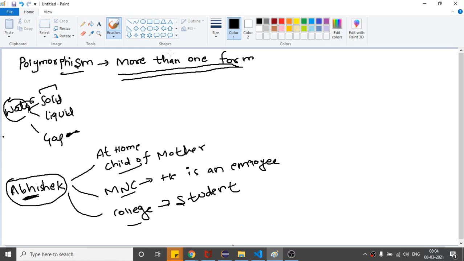So this is the general definition which you will find everywhere on the internet. But suppose in an interview you want to explain what polymorphism is and how we can achieve polymorphism in Java, you can say that polymorphism is nothing but taking more than one form, and in Java we achieve polymorphism by methods, right?